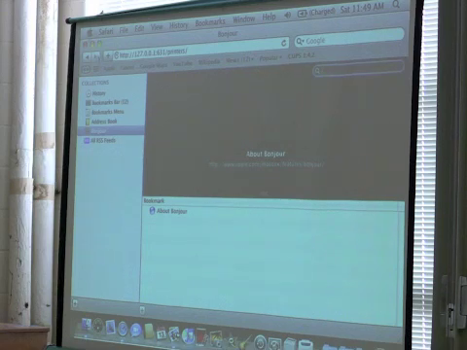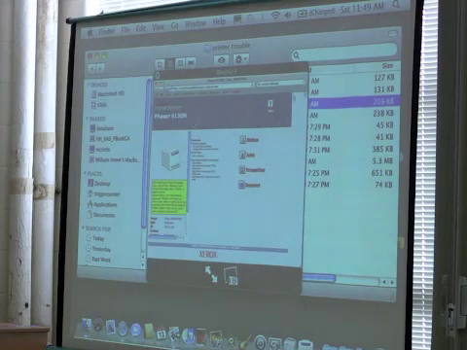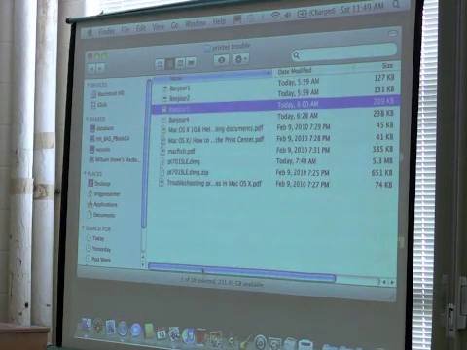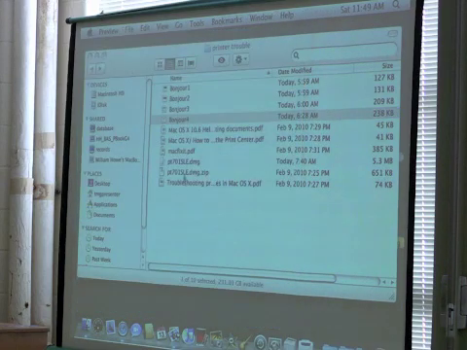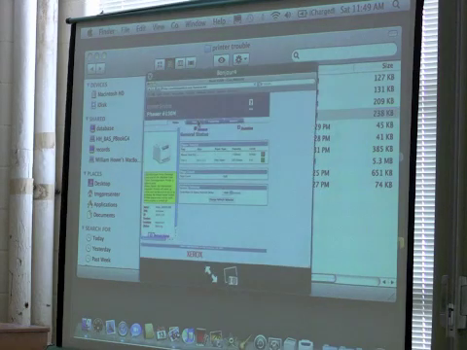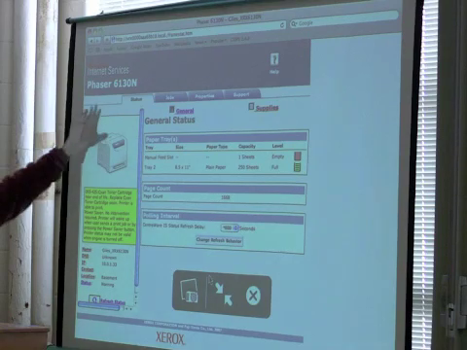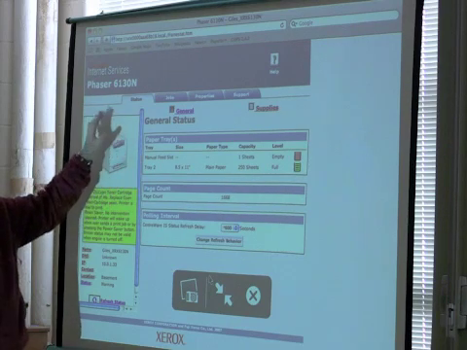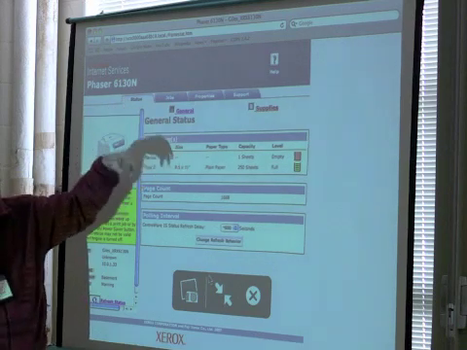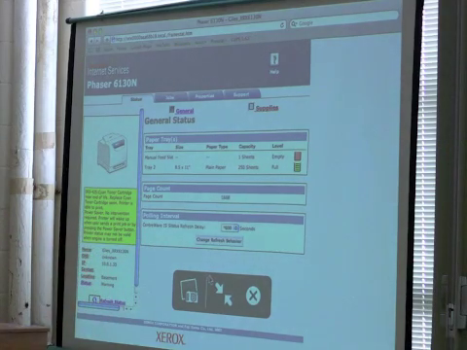Now, one more thing here. Tap that. Here we go. Quick look, full screen. So in here, this is that same website for that printer. I clicked on status, and then I've got more tabs. Status, jobs, properties, support. It's doing a combination of talking to the printer and talking to CUPS on my local